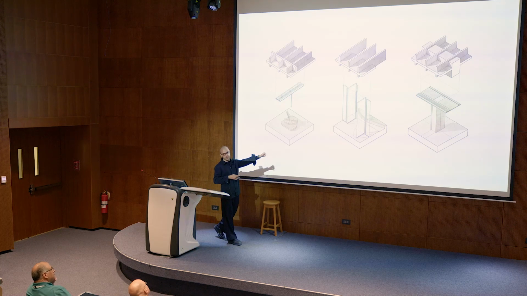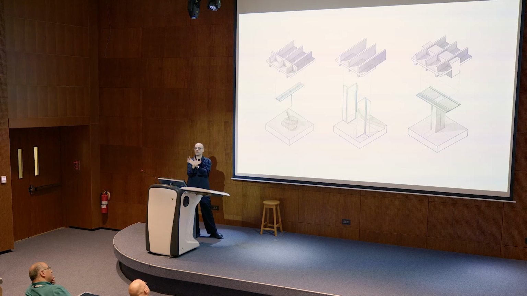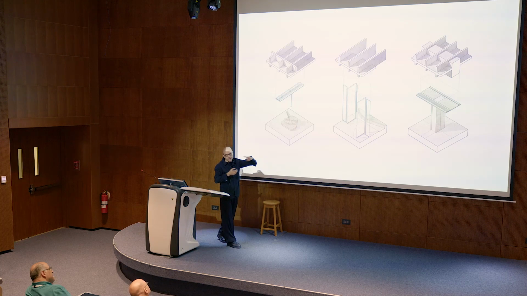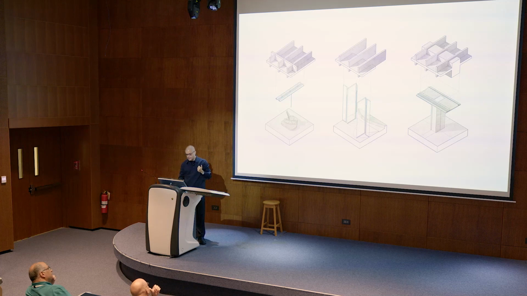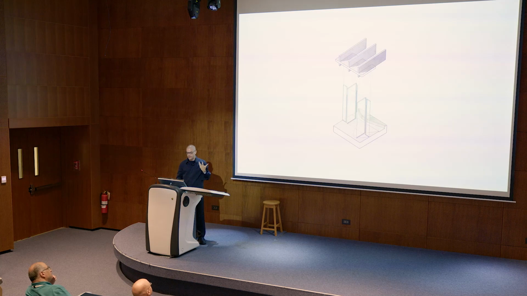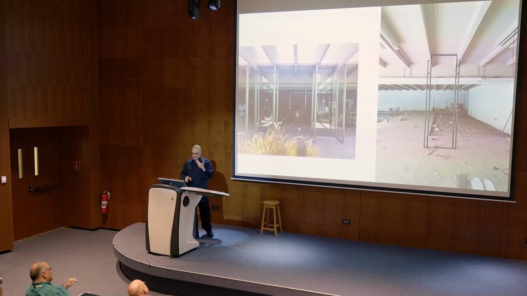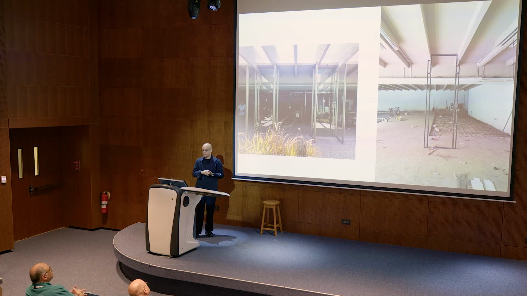Inserting a lightweight partition that would actually seal the courtyard from the rest of the spaces, introducing MEP infrastructure such as lighting and mechanical systems without really overcoming the architecture itself, and highlighting the structural elements such as Oscar Niemeyer would have done. So starting with the lightweight partition, there was really a series of iterations